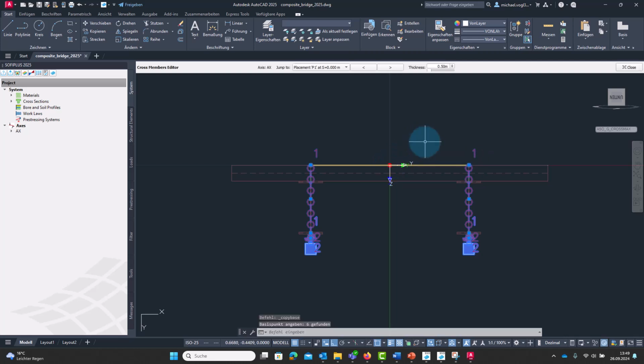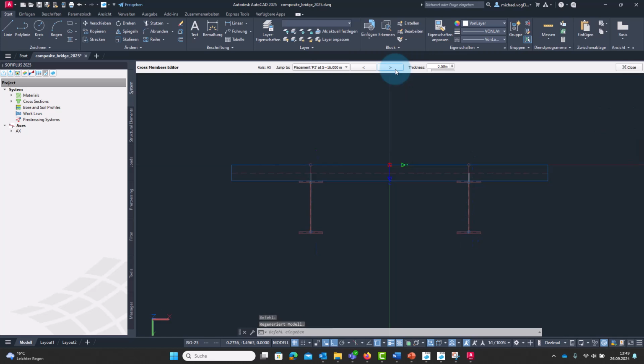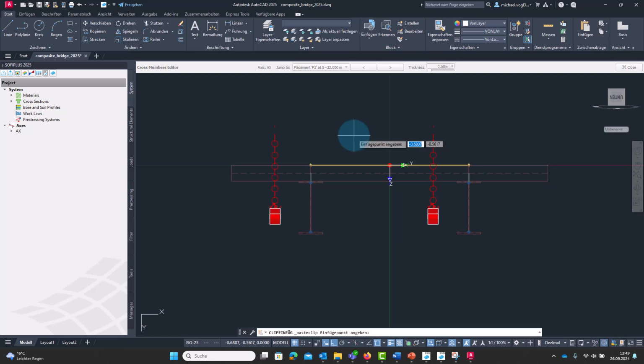Then select the base point, and now we can go to the bearing at the other end, so at s equals 32 meters, and insert, for example, with Ctrl V, and then select, of course, the same position of the base point as previously. Okay, now, as you can see, we have copied our bearing.